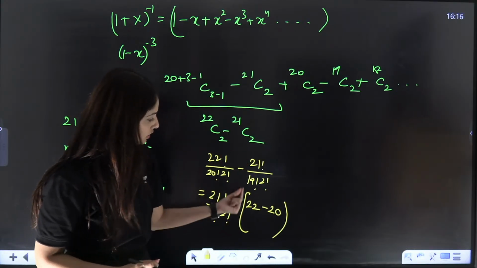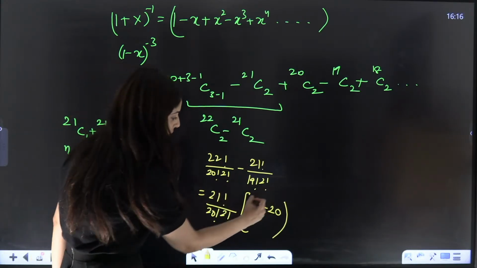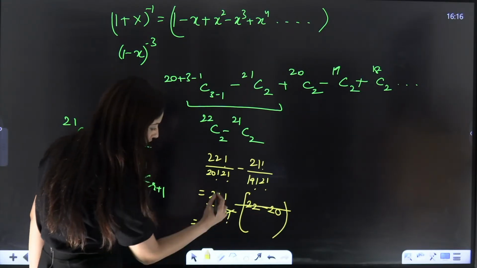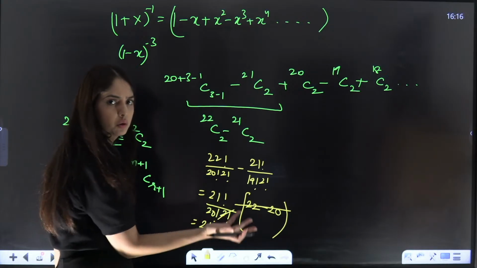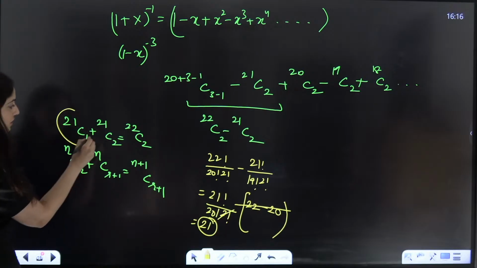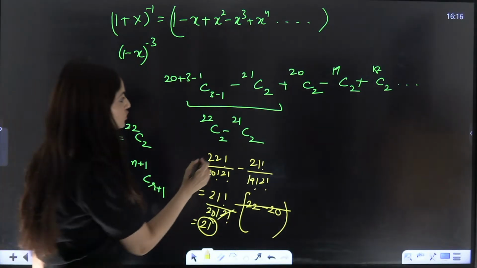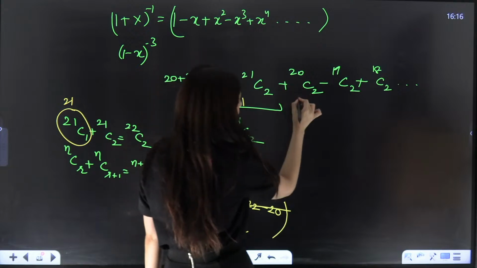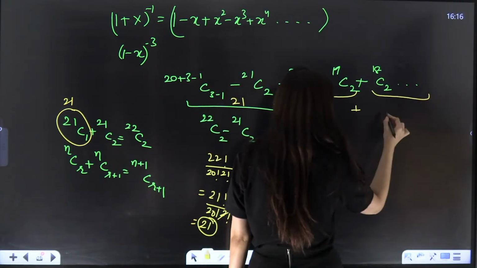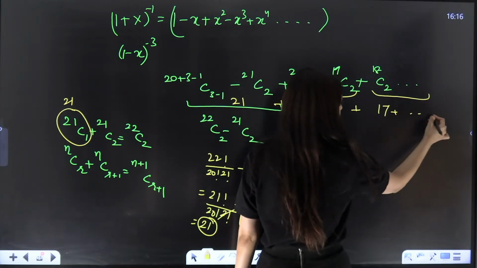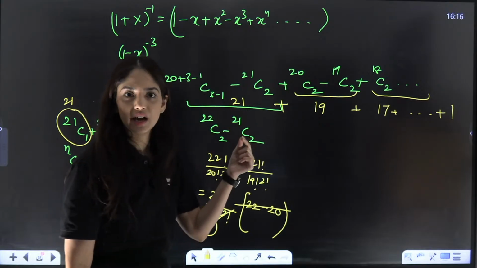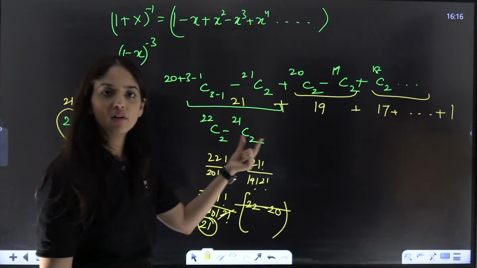our 20 factorial in the denominator. So that means this 2 gets cancelled with this 2 factorial and we have 21 factorial by 20 factorial into 1 factorial, or directly 21. So 21C1, or directly 21. So from here we get 21, from here we get 19, and like this from the next 2 we get 17 until 1. So now we have the same kind of expression, which is the sum of all odd